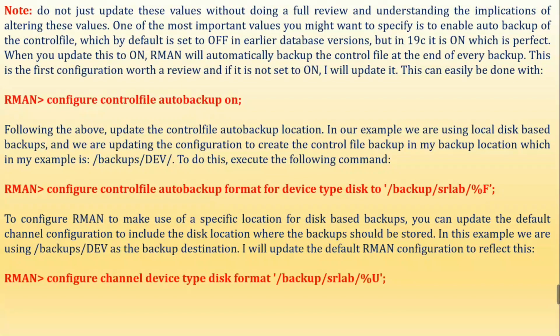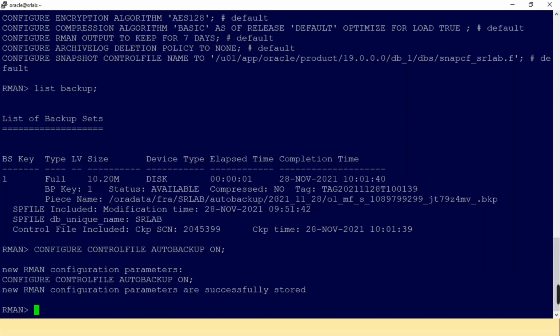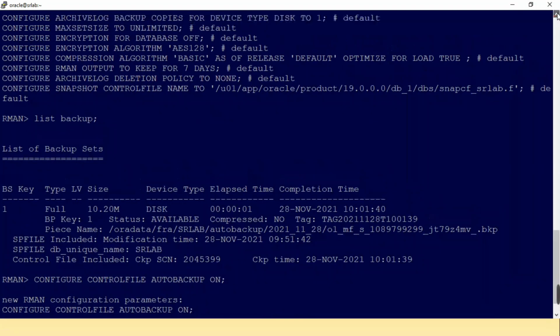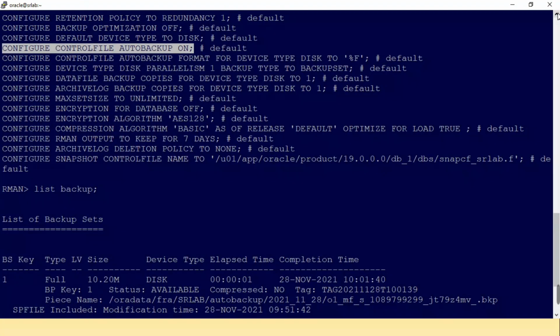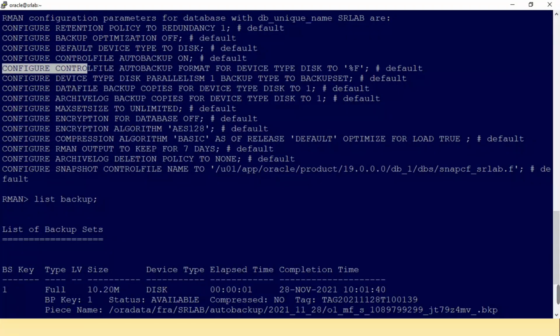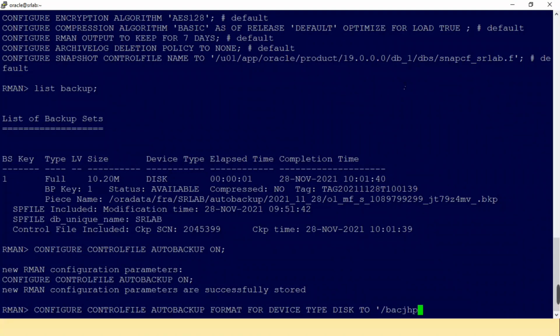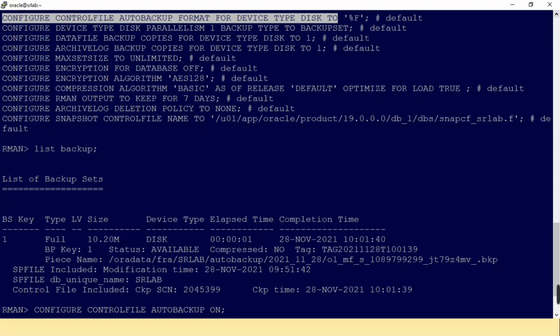So configure controlfile autobackup format for device type disk to backup location, percentage F. That's it.